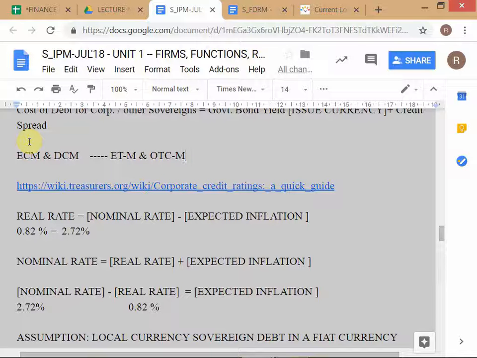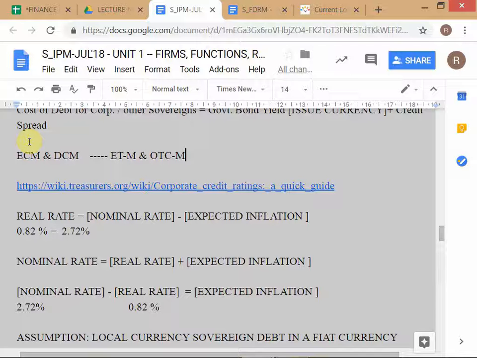So my question is, part of the reason that the debt markets in India are not so well developed, while equity markets are relatively more developed in India. NSE technology is actually very good. It's actually world-class technology. Now between these two, you have to understand this as well, that between ECM and